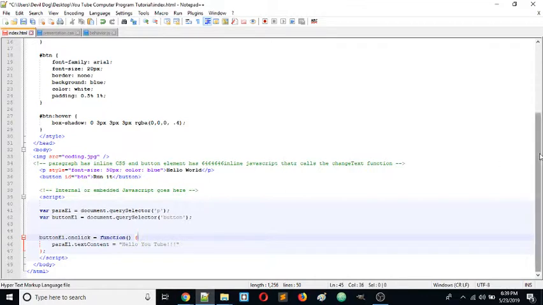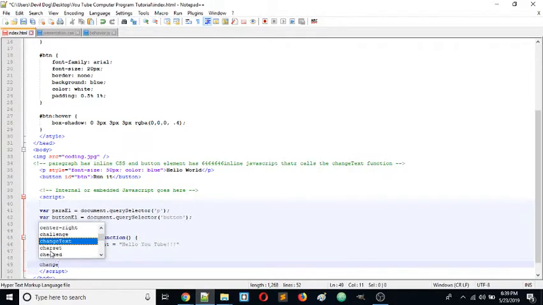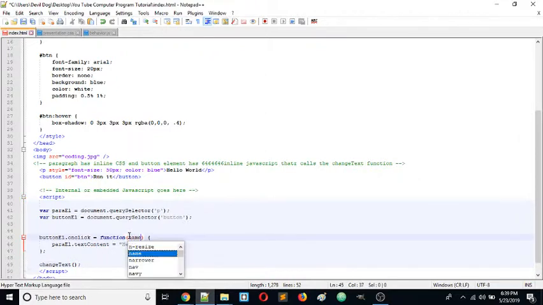We don't need that. And instead, we'll just call the same function, change text, down here. And this is what's called calling a function in JavaScript, which I'll get into when I do a video on functions later. But it's the name of the function, you open brackets. If you have no parameters, which are arguments, like right here there would be, if I had something called name, say, or